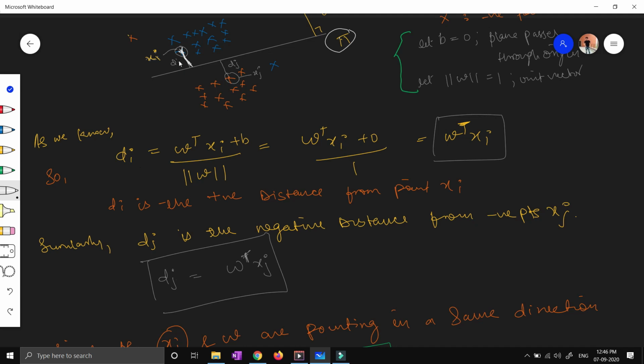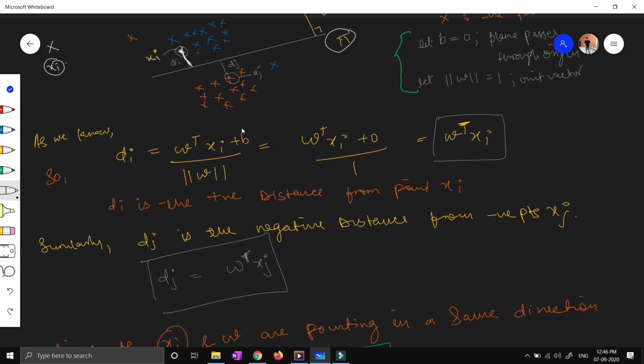So the distance of any point from a plane, which stands for di, because my point is xi as of now. So let's assume these data points belong to the x feature, as we have seen in the data set. So I took this particular point, and let's assume this point is xi. And the distance of this xi from the plane is di. So what is the formula for the distance of a point from a plane? It is w transpose xi plus b upon norm of w, as we have seen earlier through linear algebra.